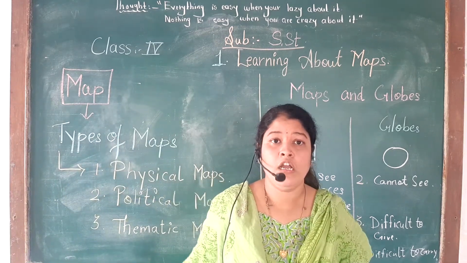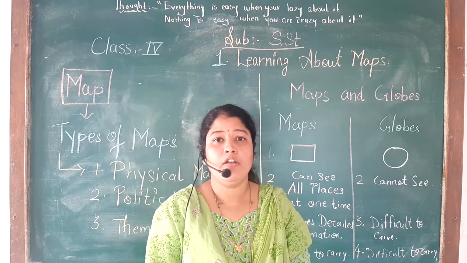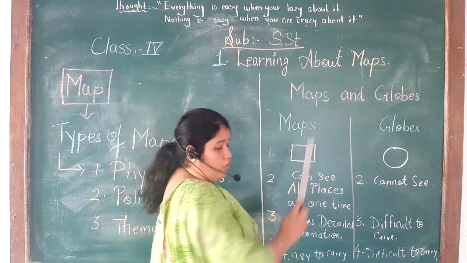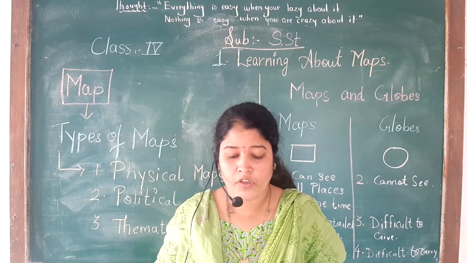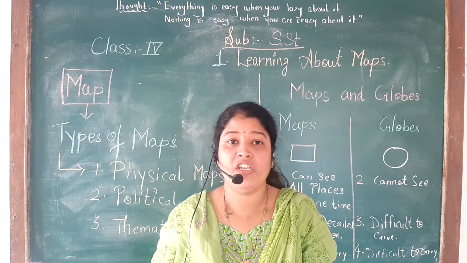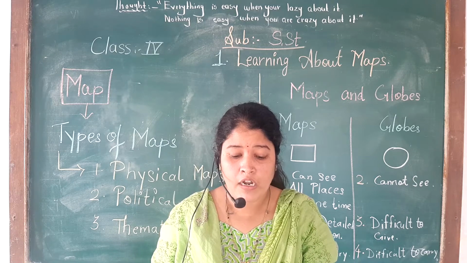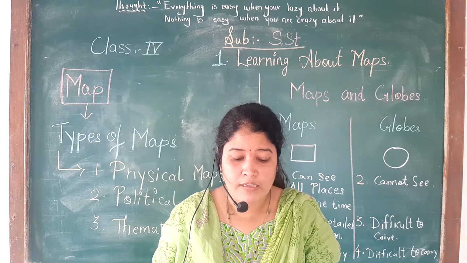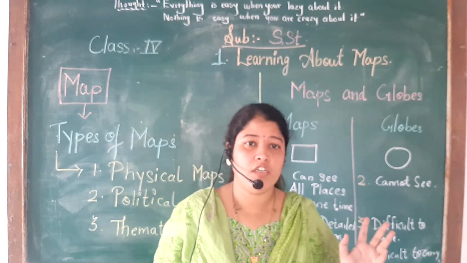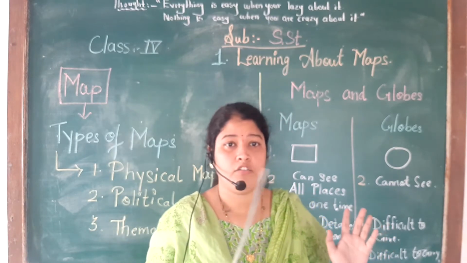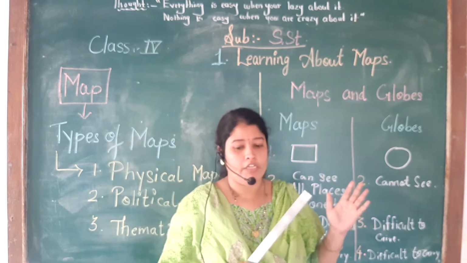Now see, students, I will show you next what is the difference between map and globe. So see, maps and globe. On page number 7, they have given the information in your textbook. Now all of you come to page number 7 and read the part. The shape of the earth resembles an orange. Now all of you have seen in your third standard the solar system, in which earth is shown. So what is the shape of the earth? It resembles an orange.